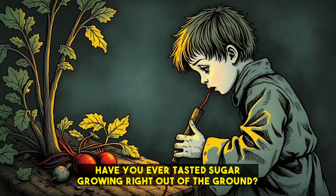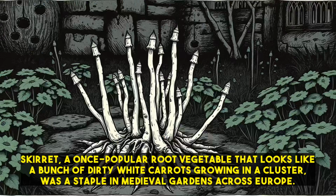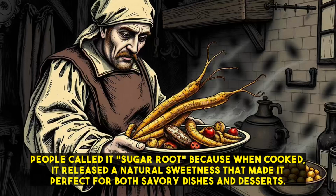Have you ever tasted sugar growing right out of the ground? Medieval farmers knew this delight well. Skirret, a once popular root vegetable that looks like a bunch of dirty white carrots growing in a cluster, was a staple in medieval gardens across Europe. People called it sugar root because when cooked, it released a natural sweetness that made it perfect for both savory